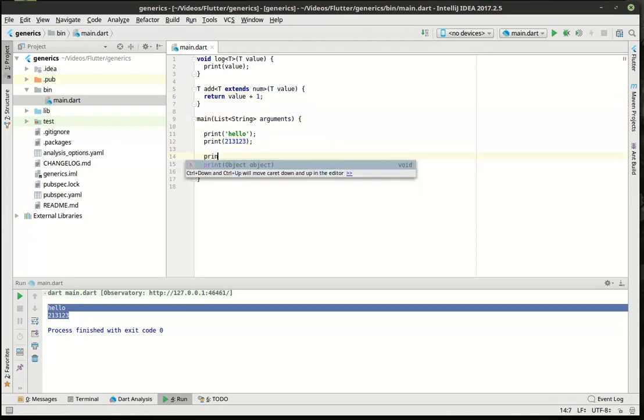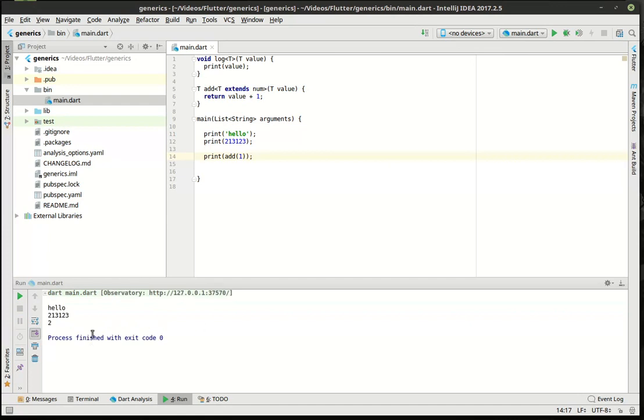So what we can say now is print, we're going to say add, just going to say 1, and this should print the number 2. And there it is, number 2. So if we take this and we now try to do something like this,